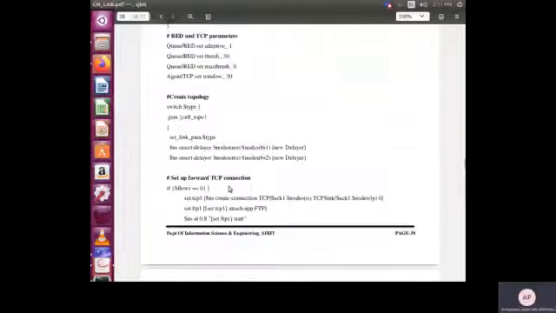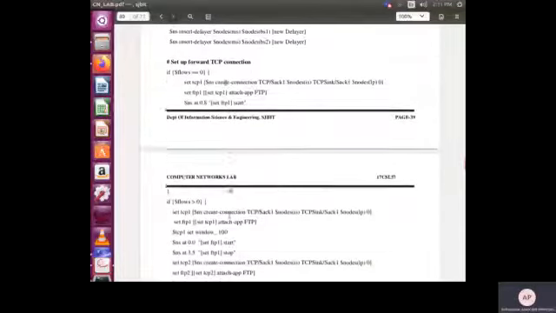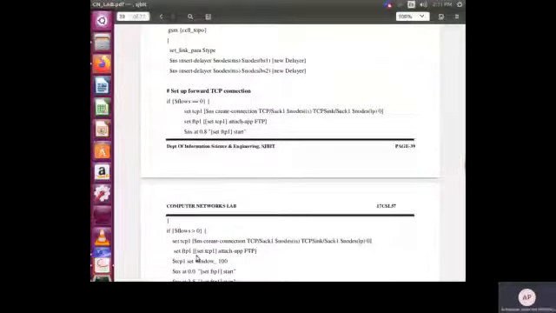This part of the code decides whether the flow value is 0 or greater than 0. If it is 0, we set TCP1 and create the connection between the source node and the destination node. Whenever we create a TCP communication, that is, whenever we use TCP as the transport protocol, we have to use an application layer protocol.